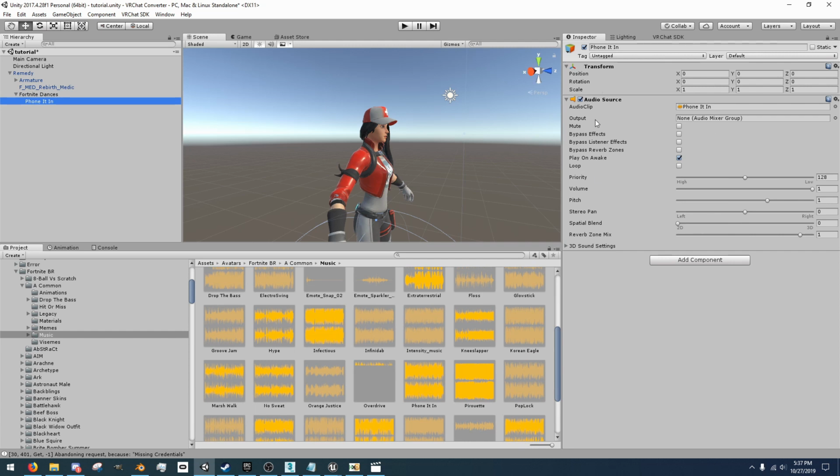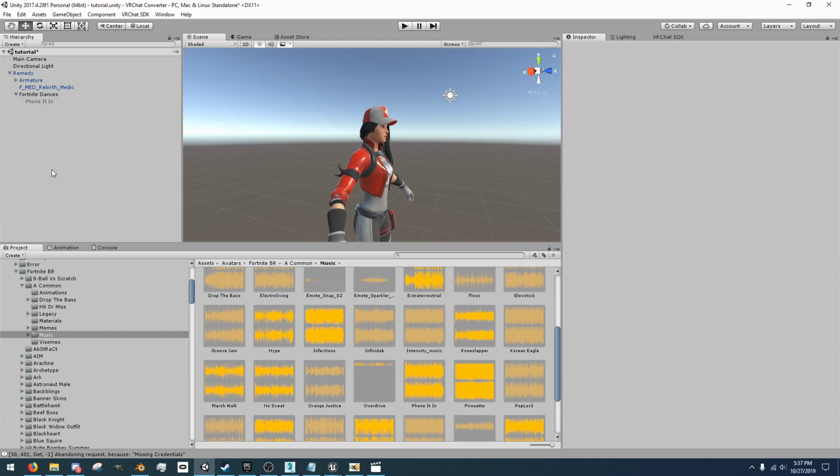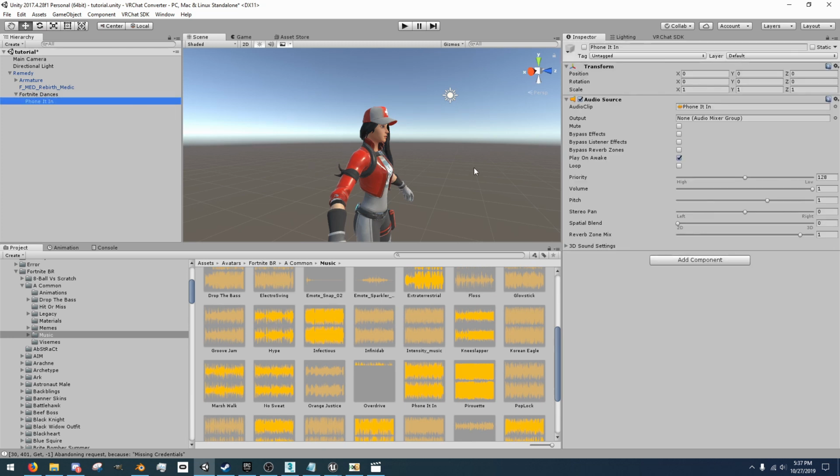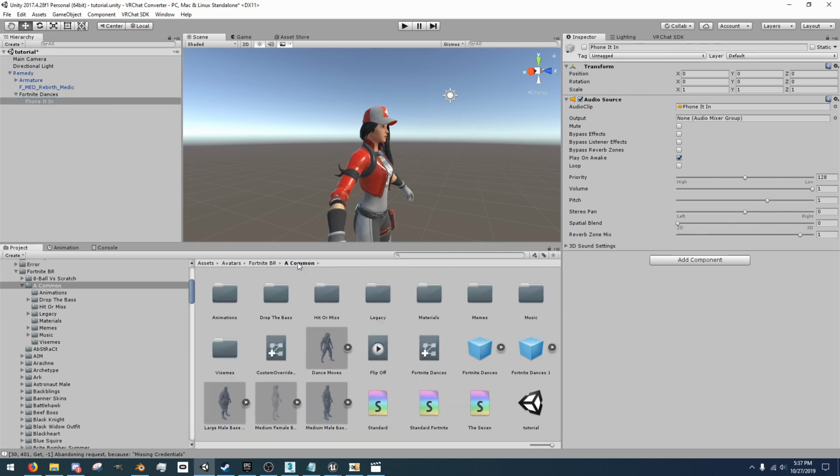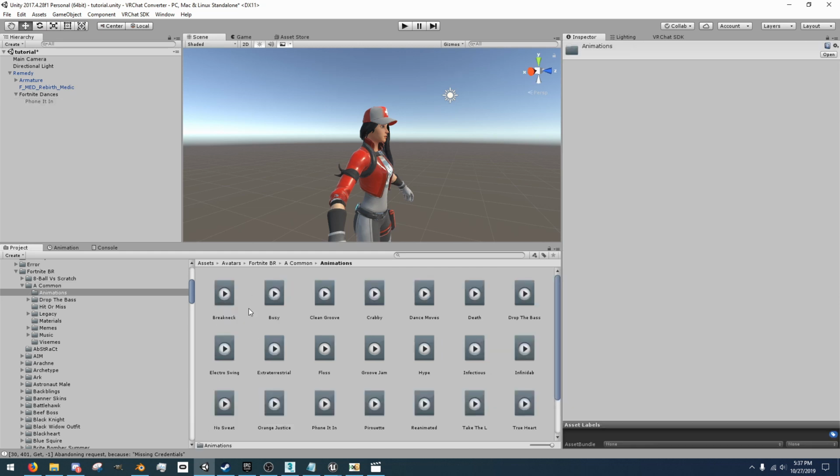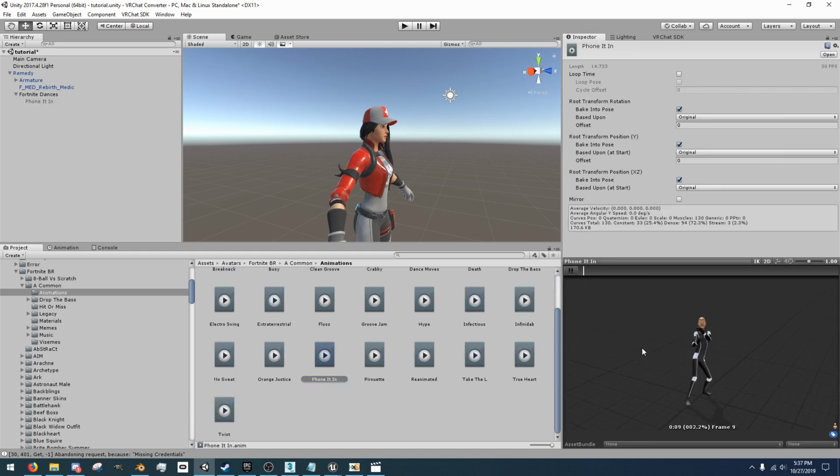It'll create this audio source. And now you want to disable it, because if you leave this enabled, it'll start playing music the second you load your avatar in, and usually people don't like that, so don't. You then need to, in the animation, because currently the animation contains the dance, but it doesn't contain the thing telling it to turn on the